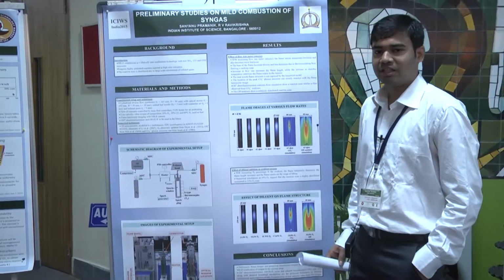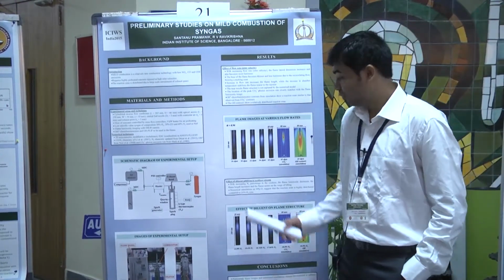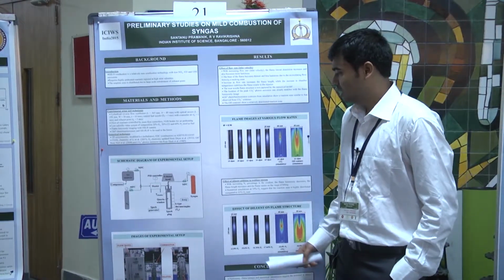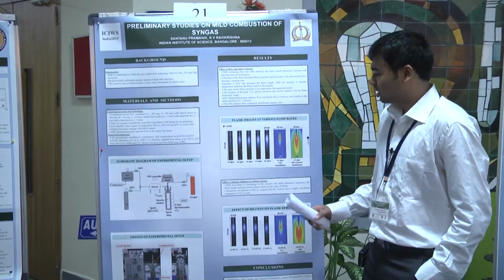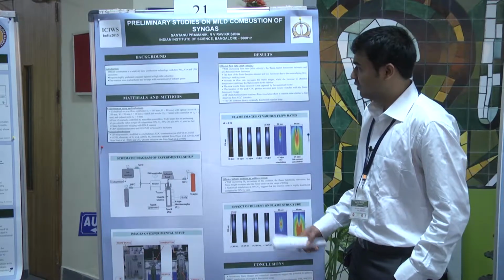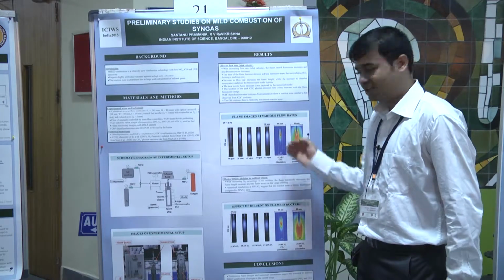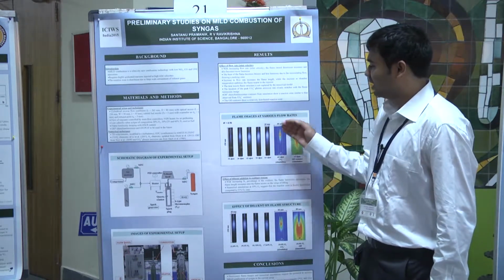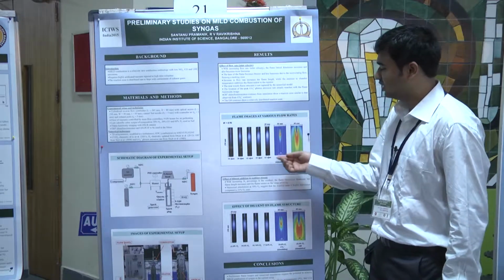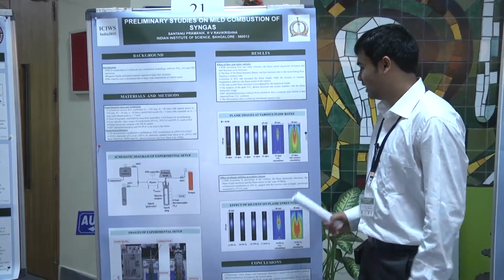Here we are presenting two results. Initially we increase the reactant fuel flow rate and we see that the flame transitions from a shear layer stabilized flame to a more distributed flame, and the flame length increases as the flow rate increases. There is a necking structure observed in this region due to the entrainment of the reactants. When we compare that with the CO2* chemiluminescence from simulations, we find a close match between the two. But as you can see, in the simulated OH contours we find that the reaction zone is